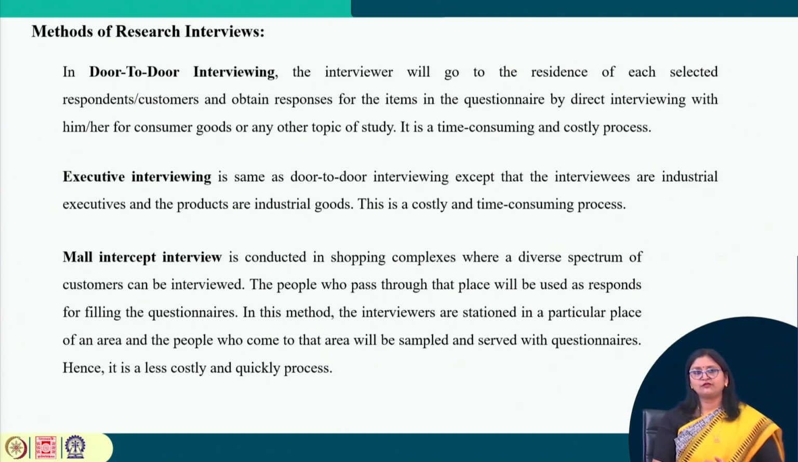Mall intercept interview is conducted in shopping complexes. I think you all have this experience, where a diverse spectrum of consumers can be interviewed. The people who pass through that place are used to respond to the interview schedule. In this method, the interviewers are stationed in a particular place in an area, and the people who come to that area are sampled and served with the interview schedule or the questionnaire, and hence it is less costly